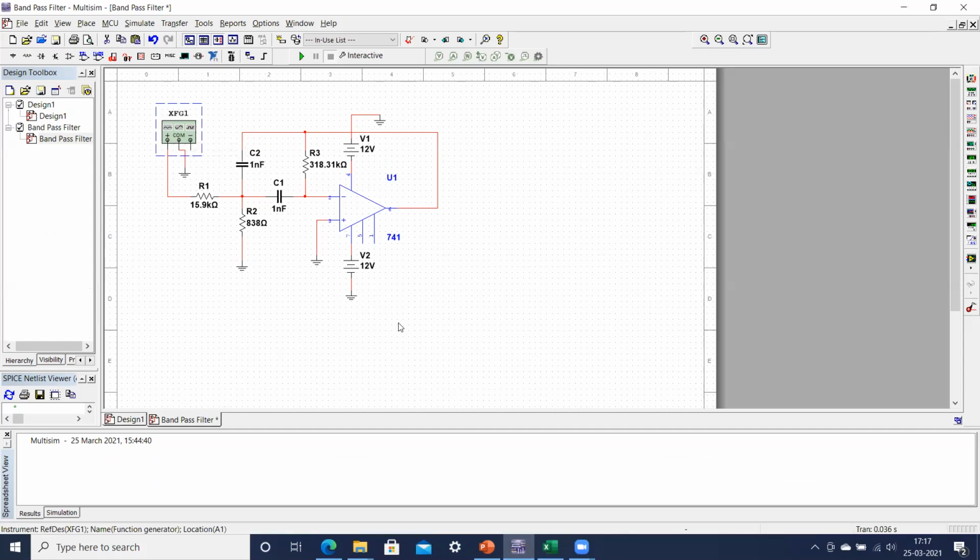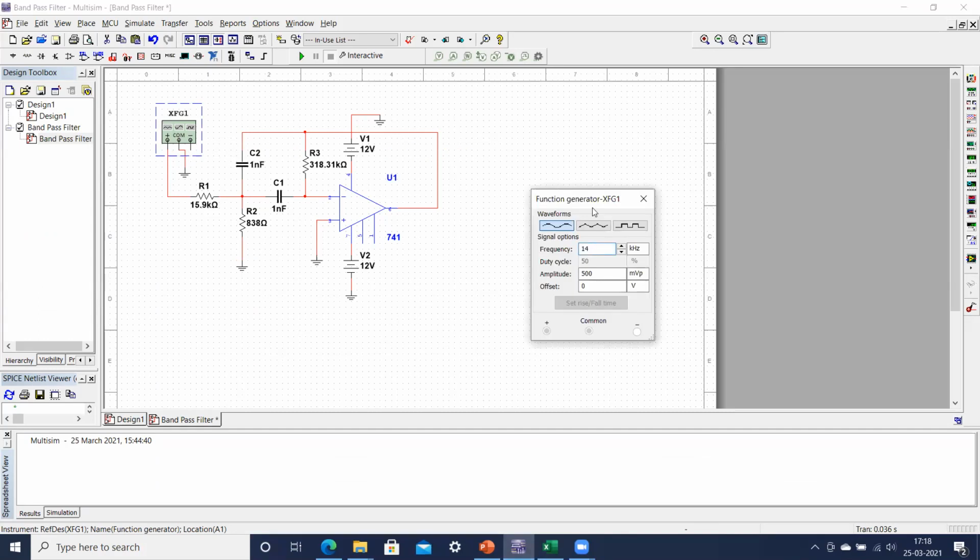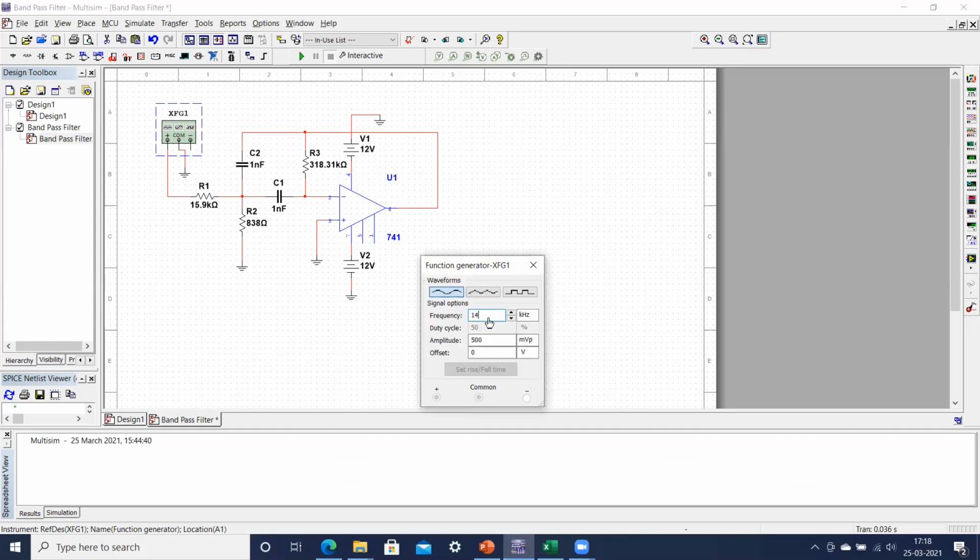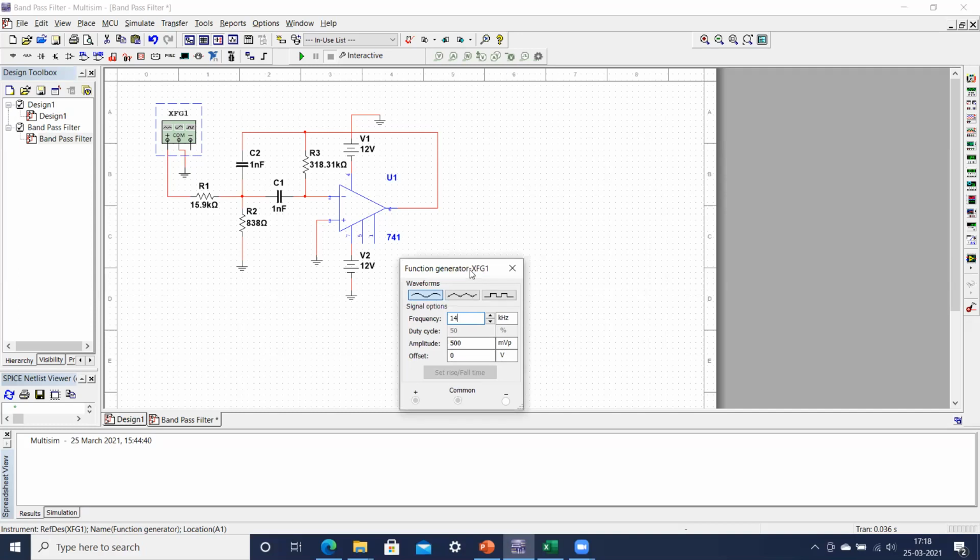As I told you in my previous lectures, to get the frequency response we need to vary the frequency from the function generator, keep the input peak to peak amplitude constant, and observe the output on the oscilloscope.